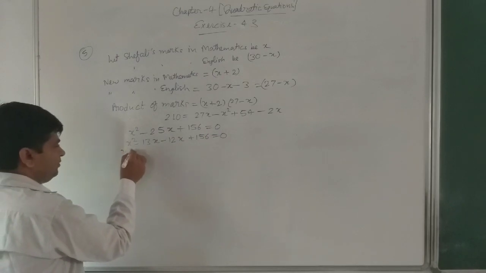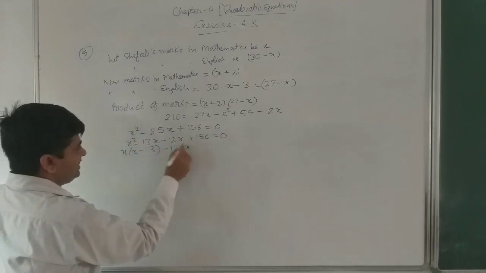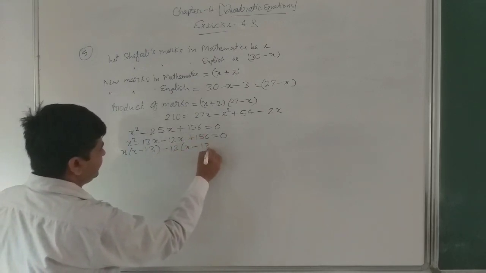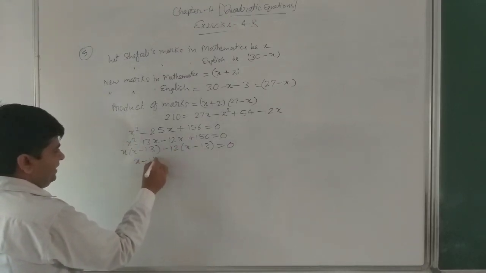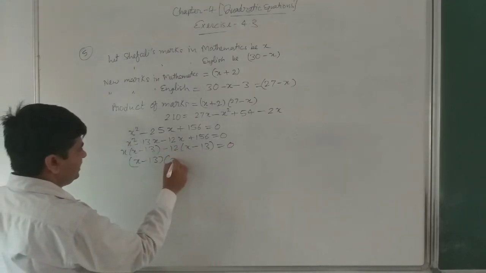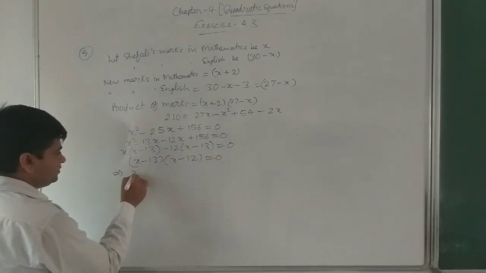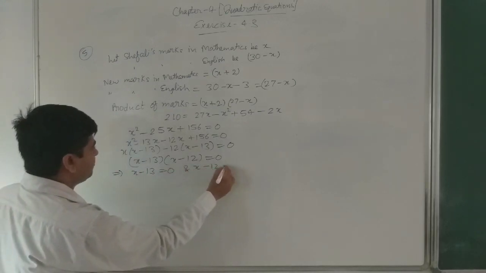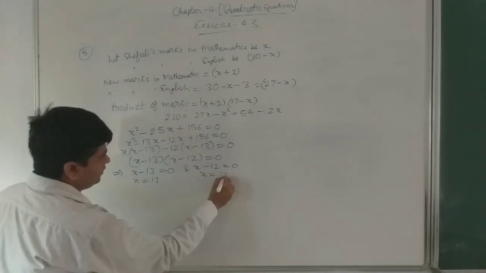Now we can take x common, so it is x minus 13, minus 12 is common. The plus sign is here, minus common, so it means minus is left. Divide by 12, 12 times 13 is 156. Now this bracket is common, so x minus 13, what is left? x and minus 12, so x minus 12 equals to 0. Now both the brackets are 0, so we can put separately x minus 13 equals to 0 and x minus 12 equals to 0. So here we get x equals to 13 and here we get x equals to 12.